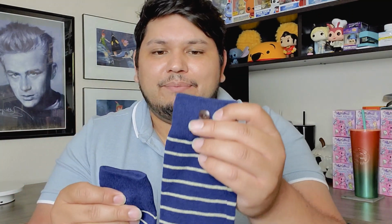Oh my gosh. I really love these little buttons on here. I think that is so random, but I didn't think I'd like that element as much. So it just has the button on one end, and I think this is functional because, oh my gosh, this is cool. I'm surprised. You know how you always lose your pair of socks, and you're just like, I can't keep them together. This button